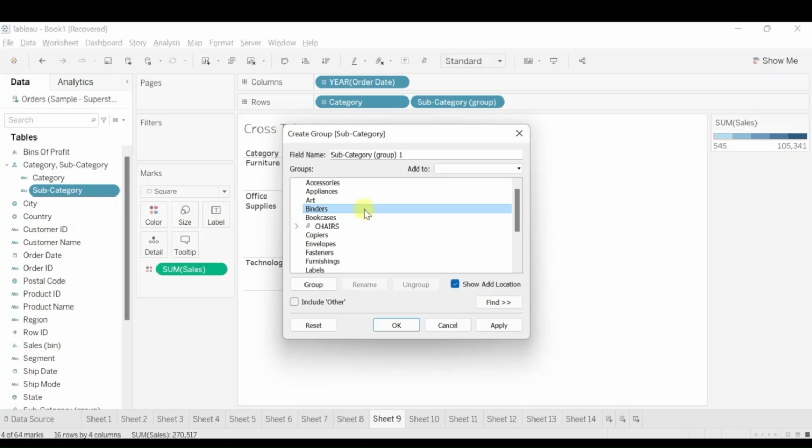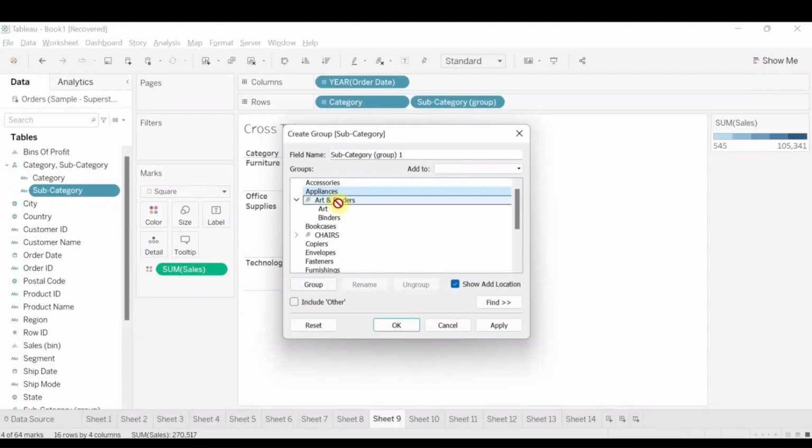So let's create a group. Suppose now I want to create a group of art and binders. I select art, press shift and then select binders. Both of them are selected. Now we can click on group. Once we do it, automatically it gives it a name, art and binders. We can rename the group as per our requirement or go with the default one. Now you will see the two items are being clubbed into a single group.